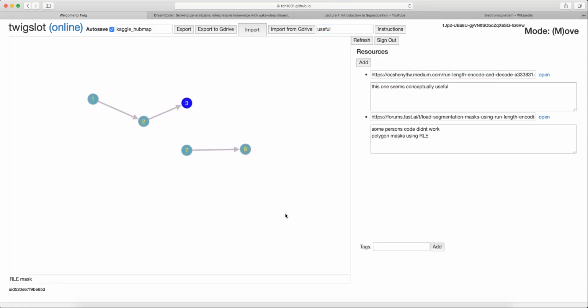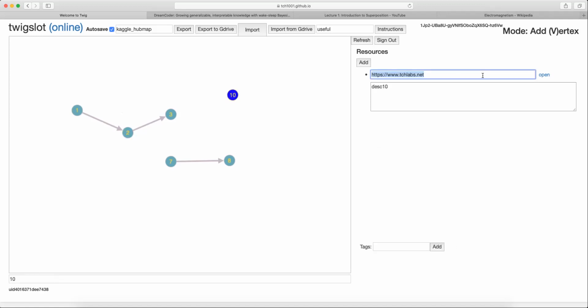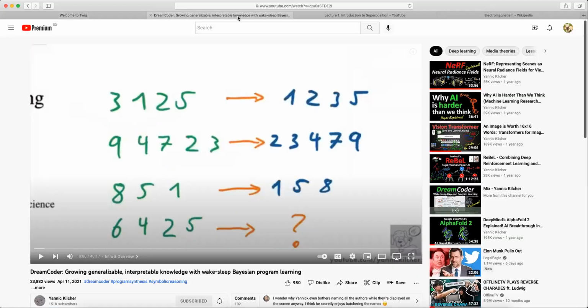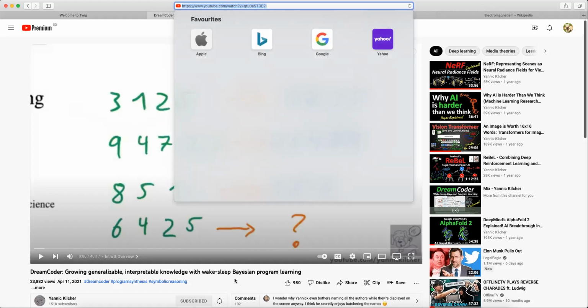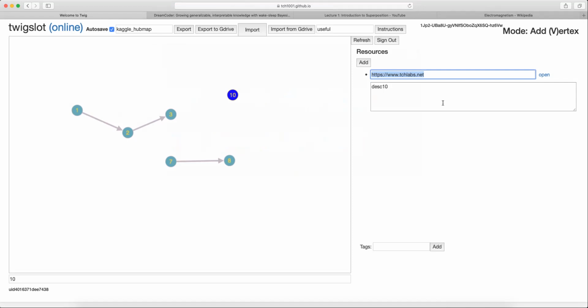Okay, so now onto the tricks you can use. Because I personally use this software for a lot of YouTube videos, I added a shortcut. So if, for example, I add a vertex over here, and in this link field I paste in a YouTube link, let's just paste in this link from Yannick Kilcher's channel on machine learning. Then as soon as I click away,